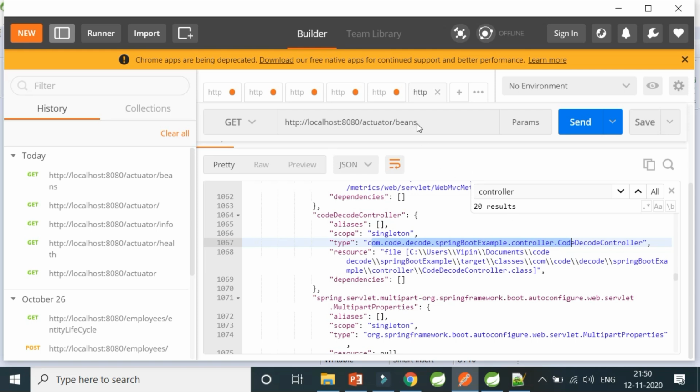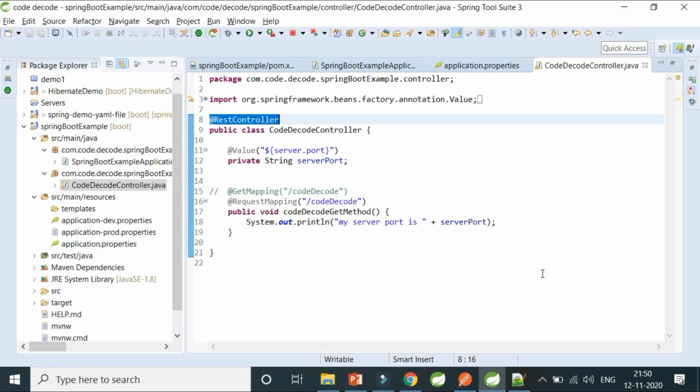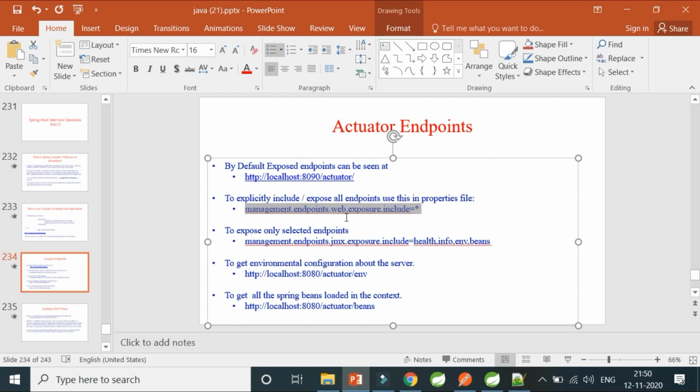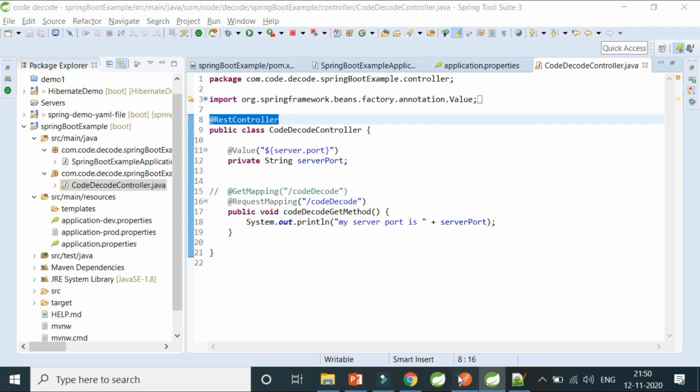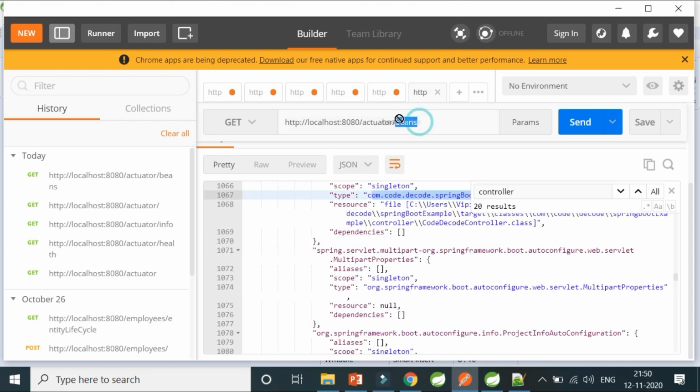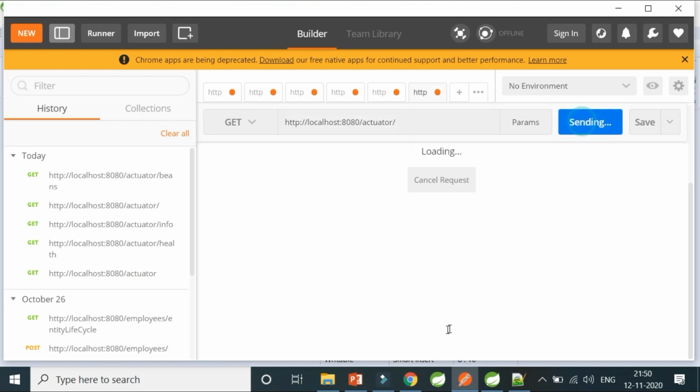You can see what all beans are created and what all beans are not created, and you can find out your own mistakes, and you can always deploy it again, fixing the mistakes you have made on the production environment. So that was the importance of exposing and including everything. Now I want only health and info to be available, and the rest should be declined. I don't want environments or other such things available to me. So what can I do for that?